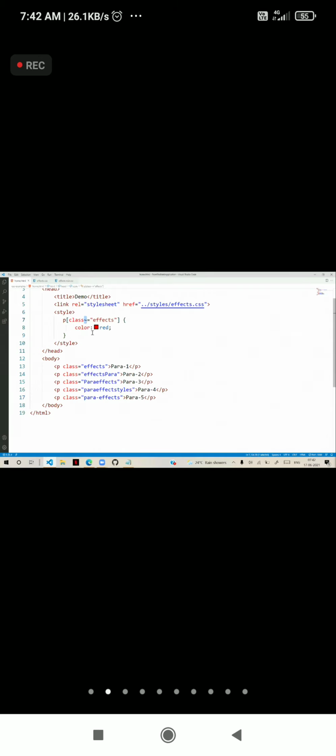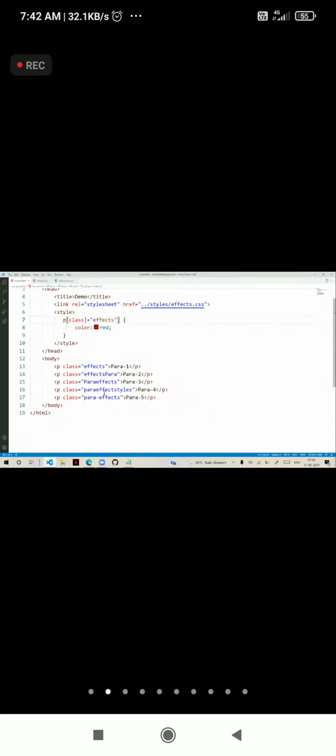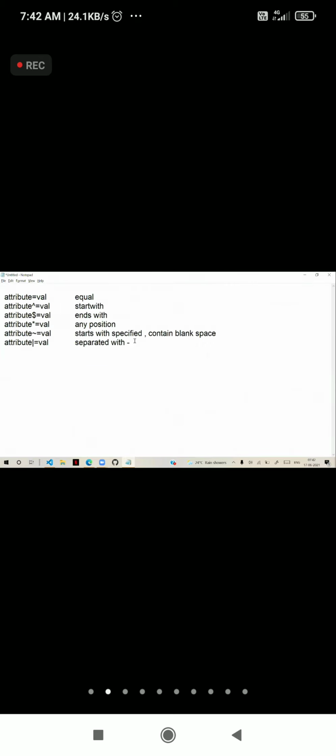Tilde means that. So if I give this pipe symbol, it has two conditions, starts with and separated with hyphen. That means for fifth paragraph it's not applying. Why? Because it has two conditions, separated with hyphen and starts with.